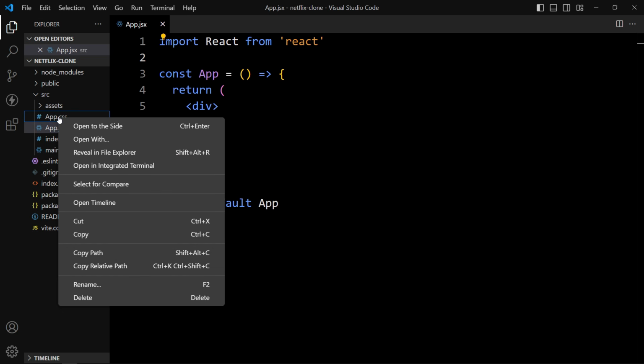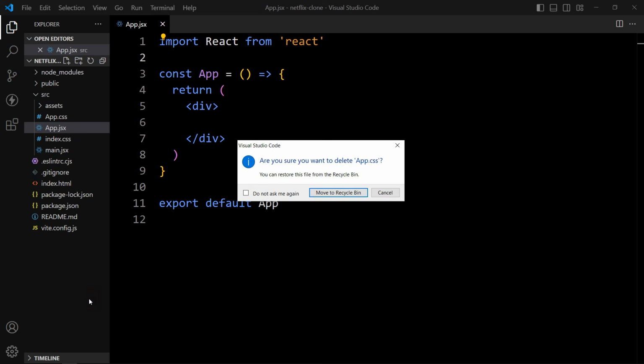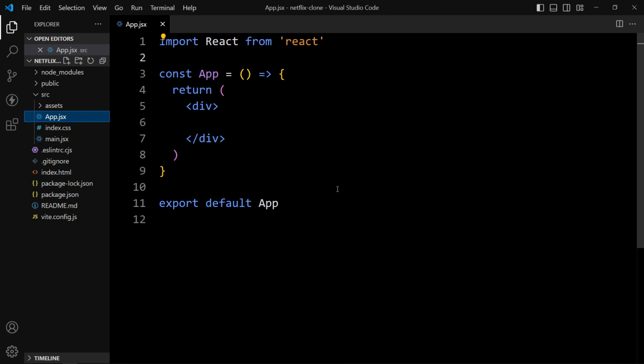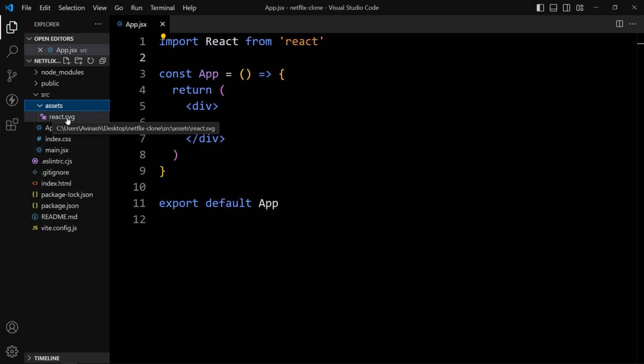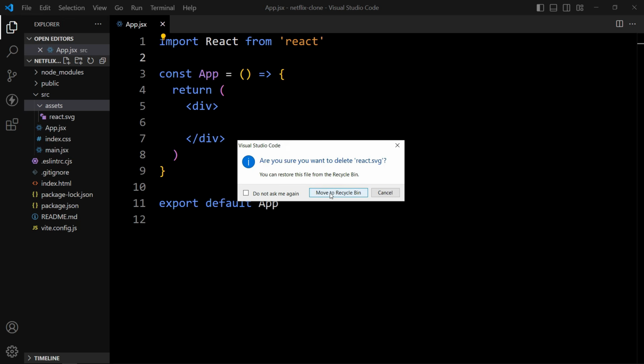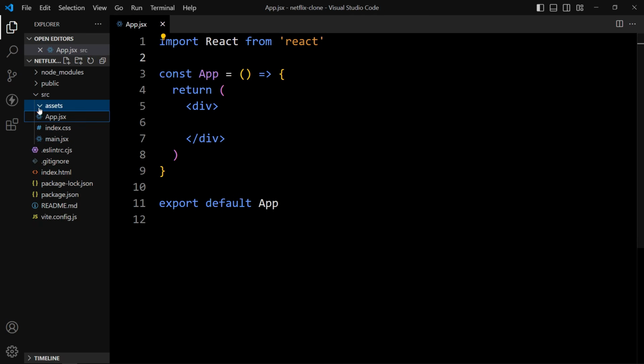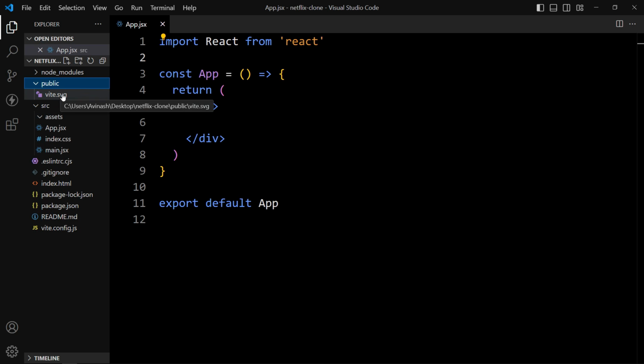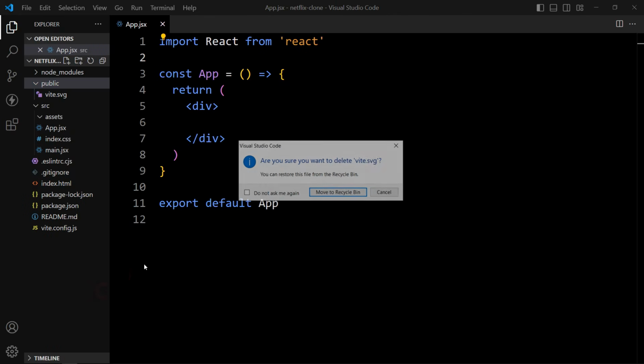So right click over here, then select delete. Next, in this assets folder, we have React SVG. So delete this one. And now in this public folder, we have vite.svg. So we will delete this one also.